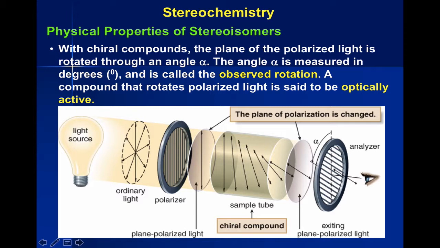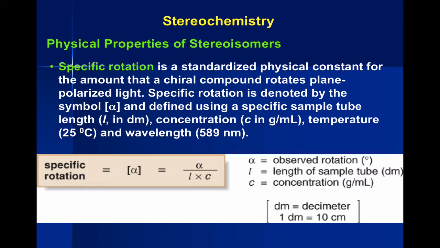And so it turns out that chiral molecules will rotate plane polarized light if and only if they are non-racemic. In other words, they have to be enriched in either the R or the S stereoisomer. So it turns out that there is a standard way to represent this. It's called specific rotation, and it's described as alpha, which means degrees, in a bracket. And that's equal to the observed rotation that we see coming out of the polarimeter, divided by the length of the sample tube